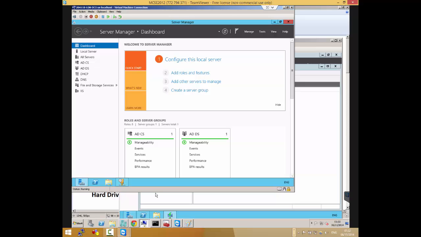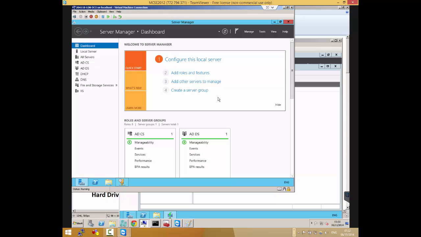What is the difference between this 2012 and the 2012 R2? Which one is R2? I think the C and the D1 is R2. So if I do any one of these, they should be equal, right? I shouldn't have to do both of them.